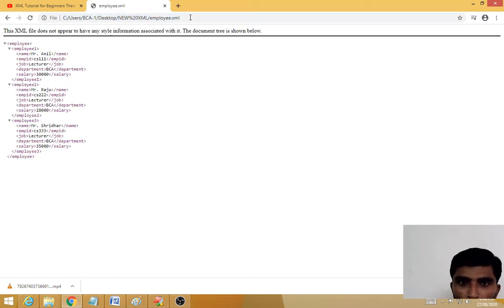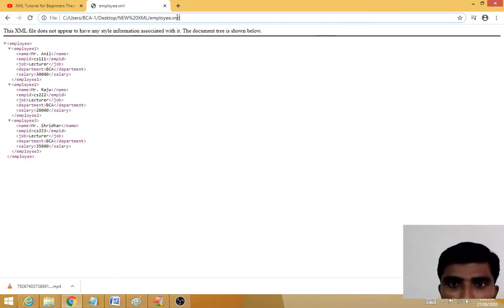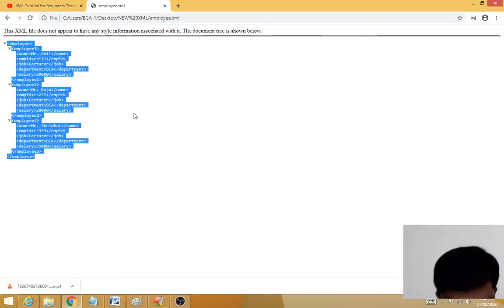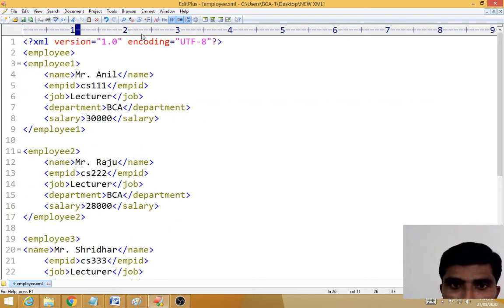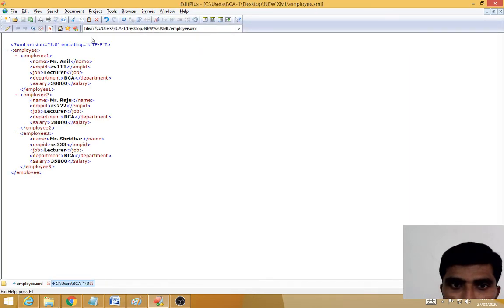Okay, so that is: this XML file does not appear to have any style information associated with it, the document tree is shown below. Because we are executing an XML file, it looks like this. When you apply CSS code, it will apply the CSS.